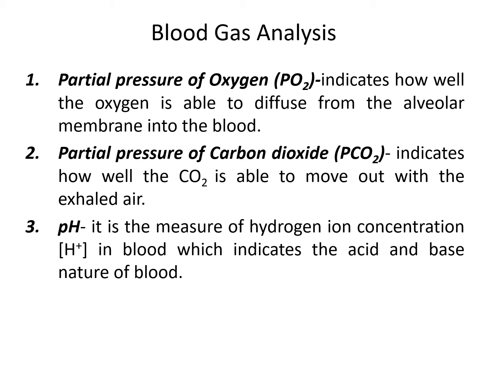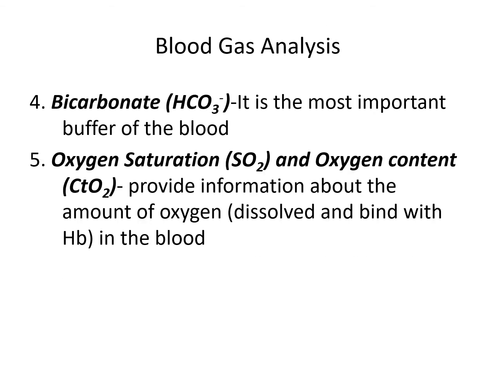PO2 is an indicator of how much oxygen was able to diffuse through the alveolar membrane going to the blood, while PCO2 is the opposite process, so carbon dioxide passing through the alveoli going outside to the exhaled air. pH is a measure of alkalinity or acidity of the blood. There are four different buffer systems in the blood, and bicarbonate carbonic acid buffer system is considered to be the